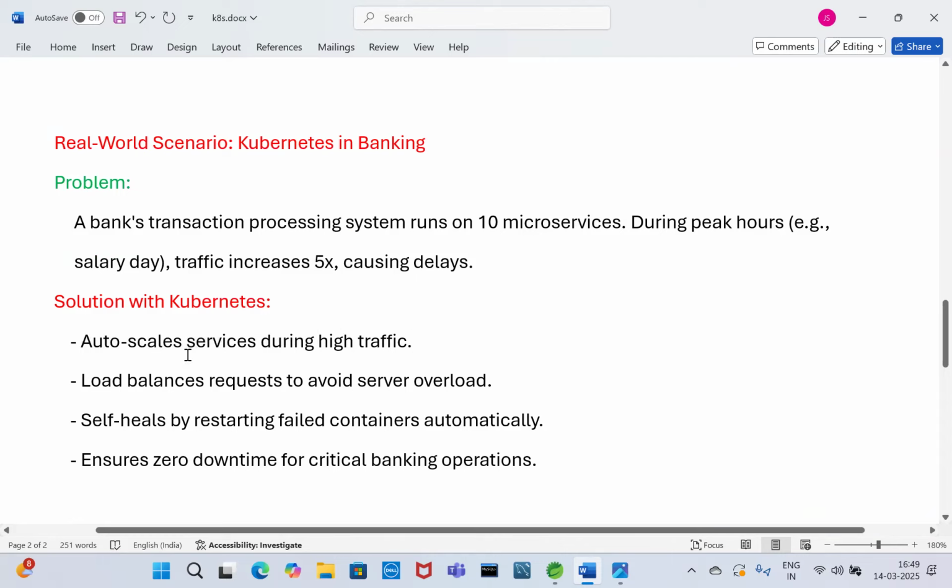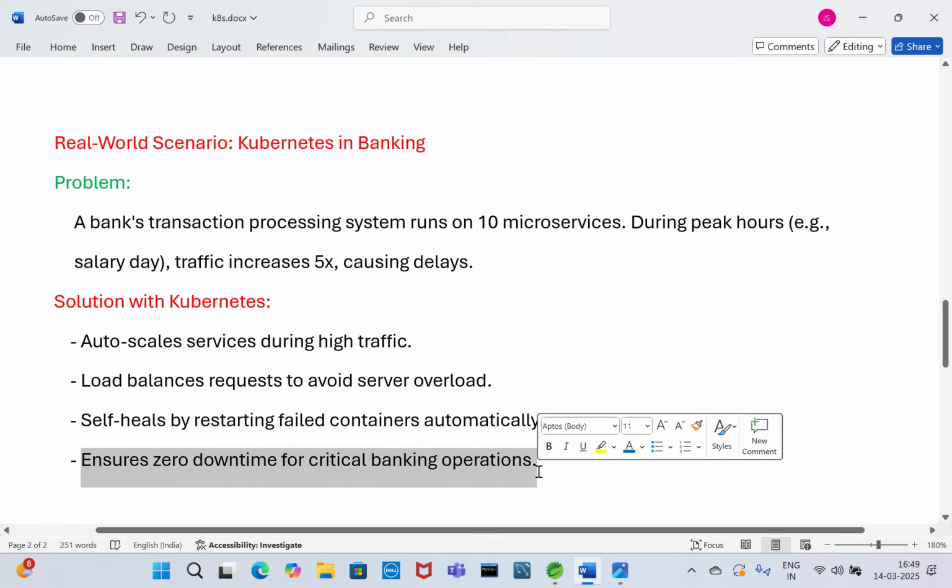We can enable auto scaling, and the number of containers will be increased. The load balancer distributes requests to avoid server overloading, based on the load, sending traffic to the different containers. Self-healing: if any container fails, it will be restarted automatically. This ensures zero downtime for critical banking operations.